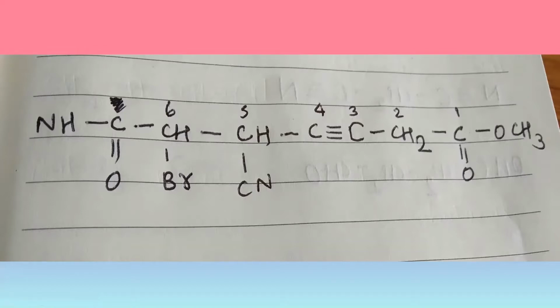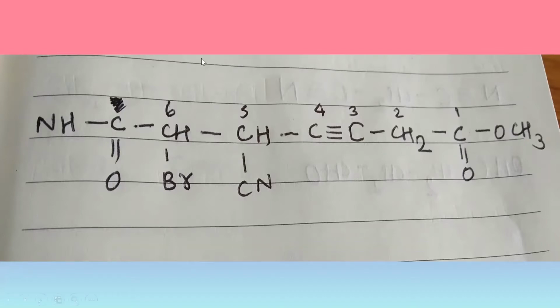These substituents do have a prefix, but we usually don't study their prefixes frequently because we hardly have any questions on them. But it's very necessary that we are thorough with the prefixes and suffixes of these various functional groups because we don't know when they might come into use. So let me tell you the different prefixes of these substituents. For the amide group, when it behaves like a substituent, it's known as carbamoyl. When the cyanide group is present, its prefix is cyano. And when bromine is present, we all know it's bromo.